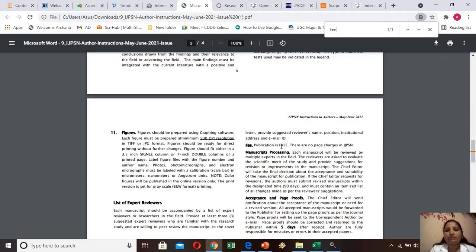See, here it is mentioned publication is free. There are no paid charges in IJPSN journal. Okay, so you can publish your paper free of charge. So the other journal is